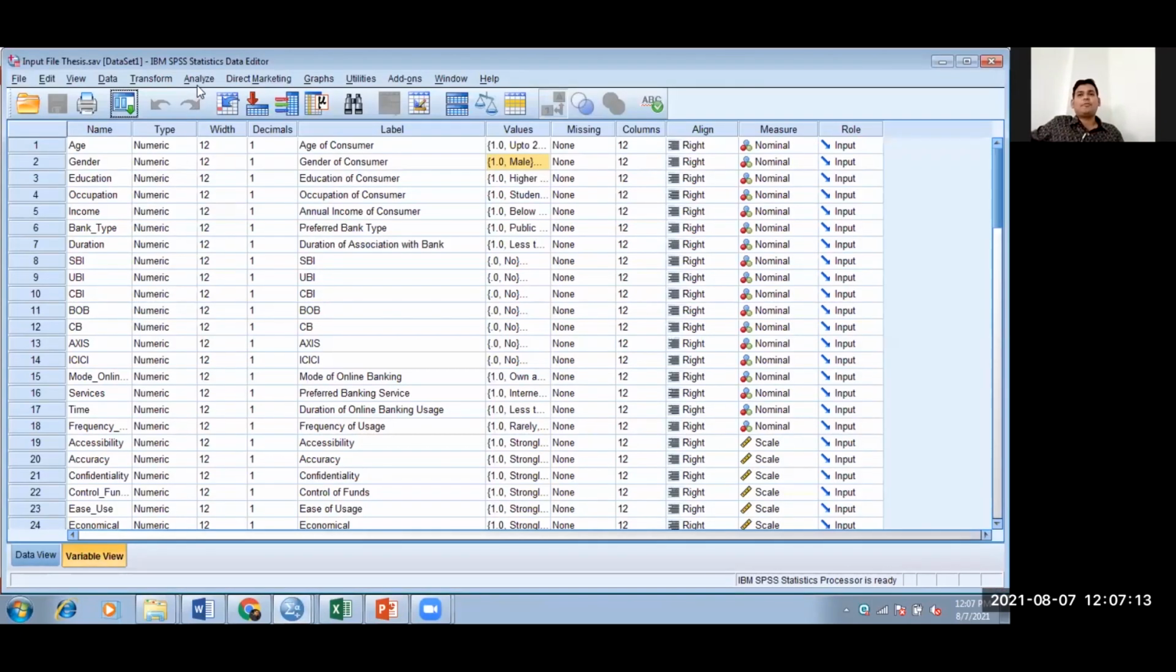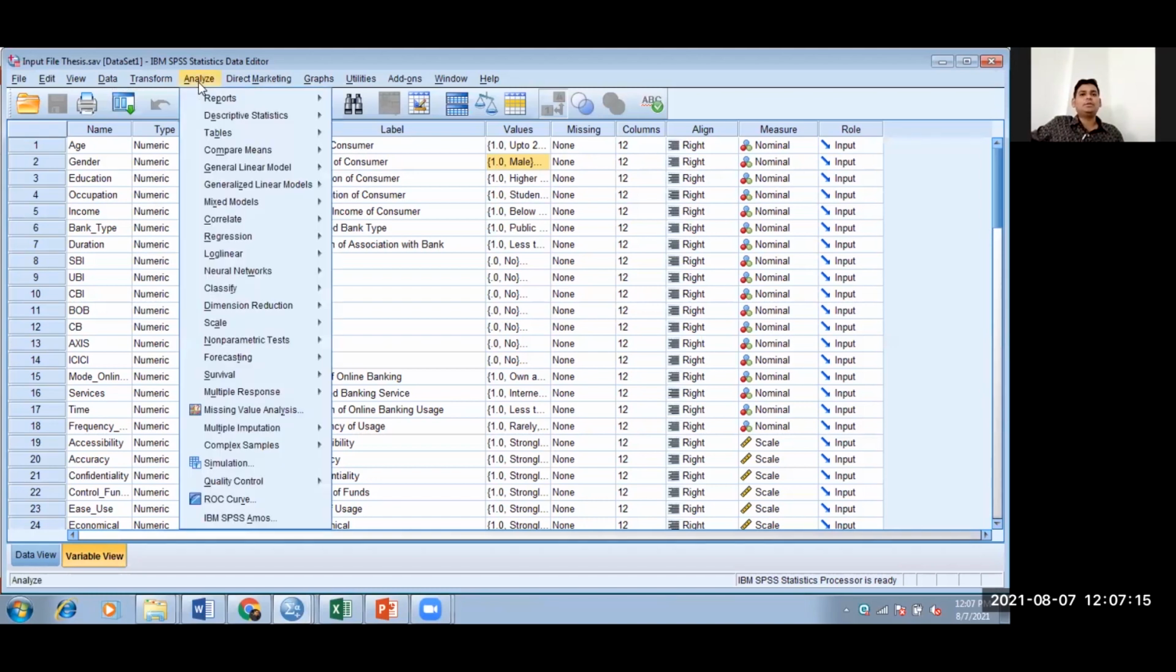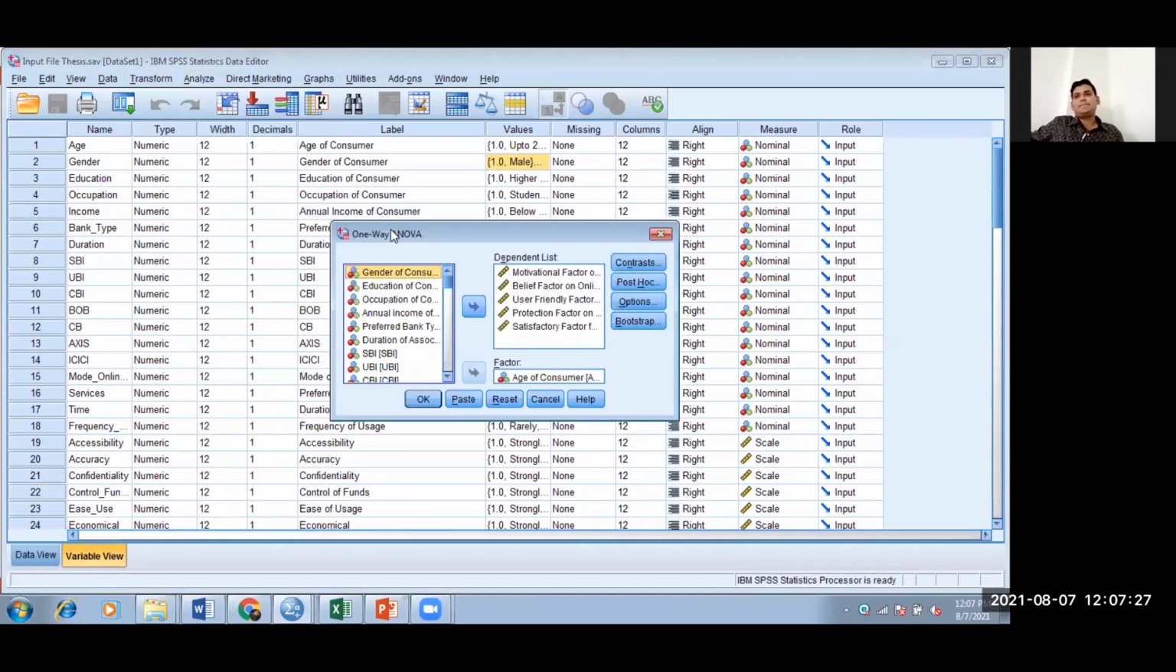Yes. So to perform the ANOVA test, again, you need to go into the analysis. Then you have to go into compare means, and you have to select the option one-way ANOVA. Repeat: analyze, compare means, and one-way ANOVA. As you can see, if I take this age of consumer, we have already seen that for age of consumer, there are